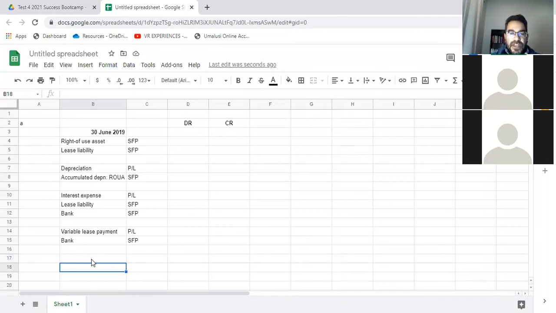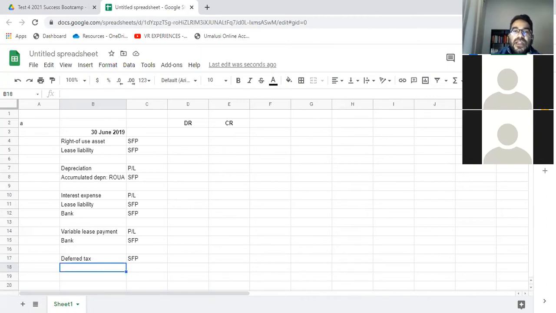Remember, we're going to have deferred tax and income tax. So what I'm going to do is put here deferred tax, and I'm just going to say SFP, so I don't forget about it. Then we're going to put in the other side of the entry. The other side of the entry is going to be income tax. I'm not putting it in yet, because I don't know whether it's debit or credit, so we will see now. They never said do not do deferred tax. Because they did not say that, it means we must do deferred tax.